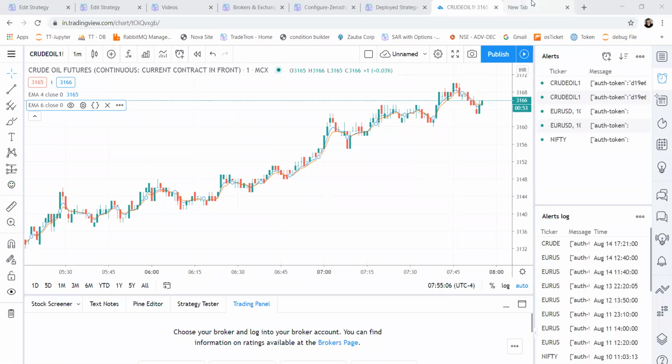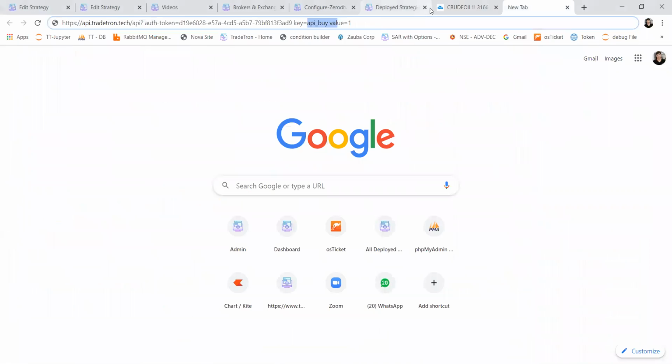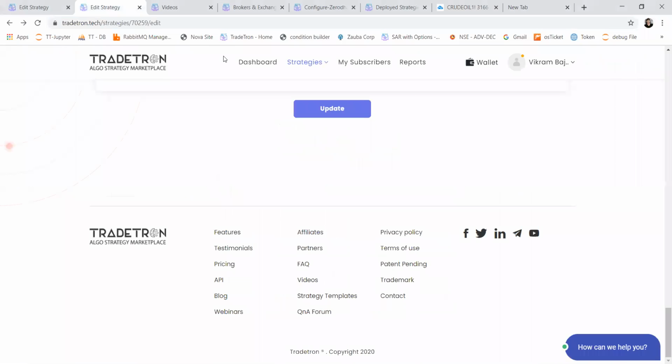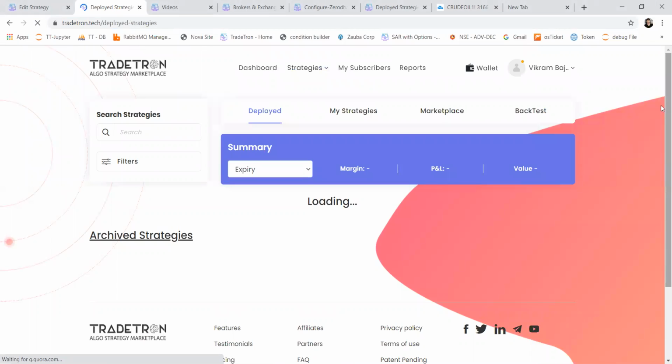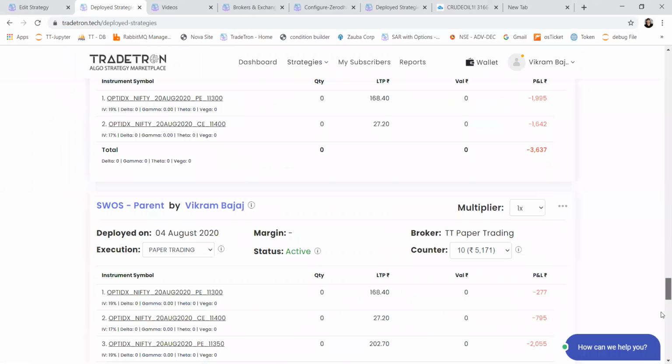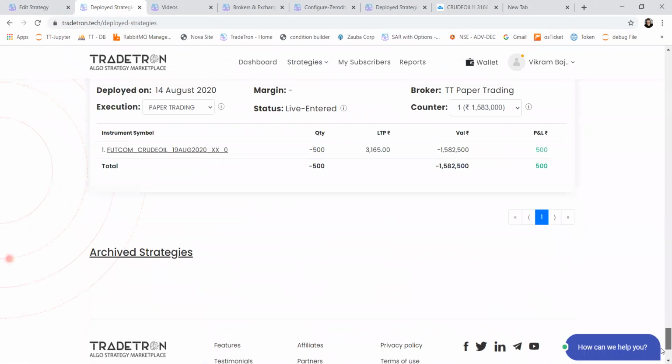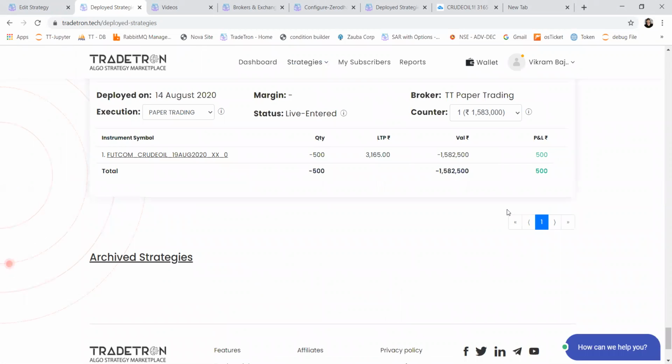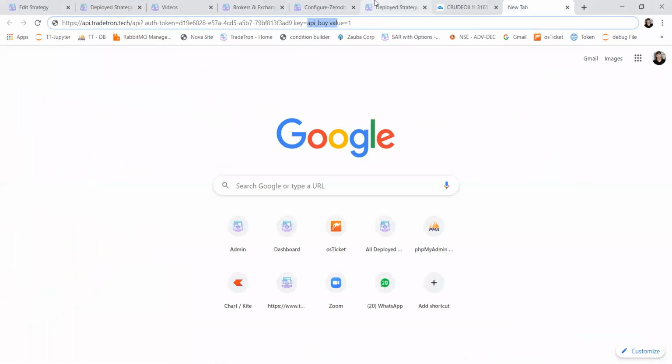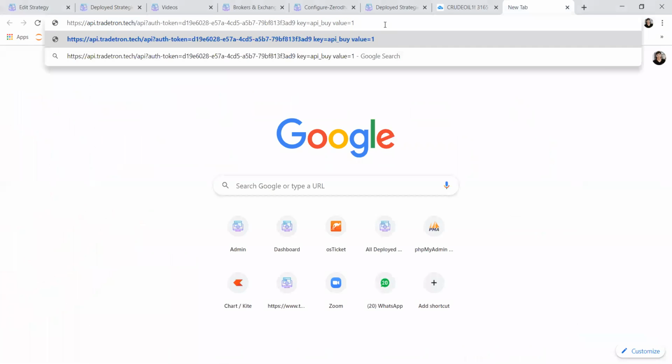Thanks. And also, I would like to tell you, let's say if this position is taken. Okay, let me show it to you here. So I'll again go to my deploy page. Now you see that this crude oil short position is taken, and for any XYZ reason from TradingView, I'm not getting a signal or my signal is very far and I want to exit this position systematically, then I can also do a manual call just from my browser to exit this position.